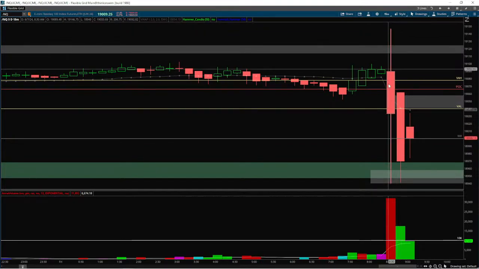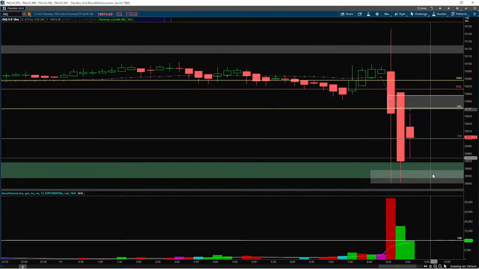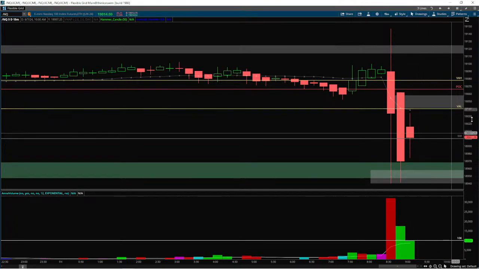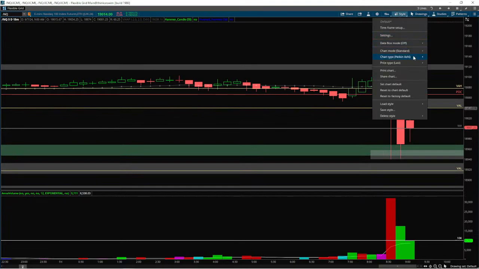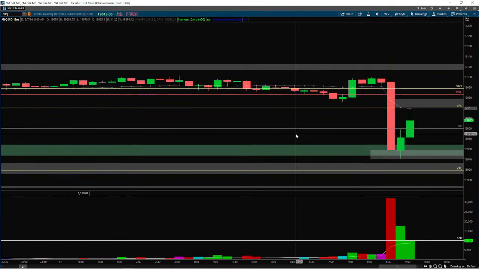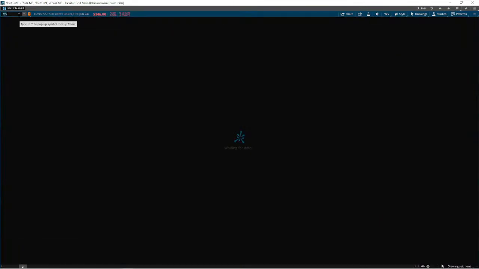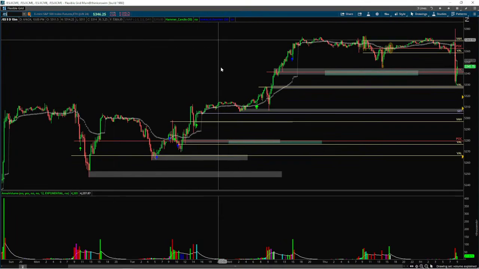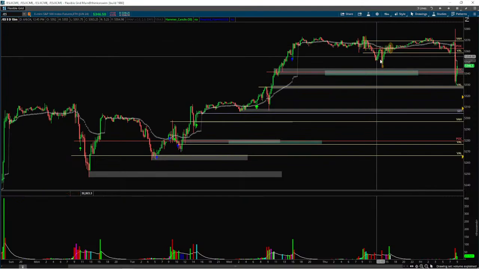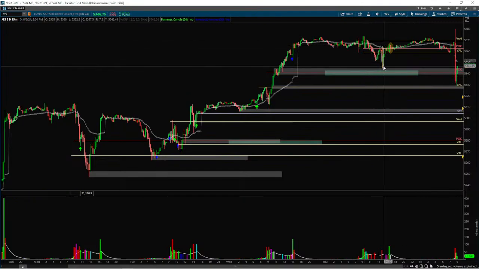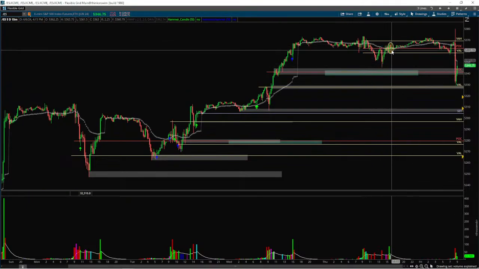I don't trust what's up here. We have been rejecting it, so I'm not sure what to really make of up here, but I like this bounce, and I would prefer price to come down here. All right, so that's all I have for these levels here. I'll add my settlement and my ADR levels afterwards. Just like in NQ, I'm going to get rid of these here. They already served their purposes.